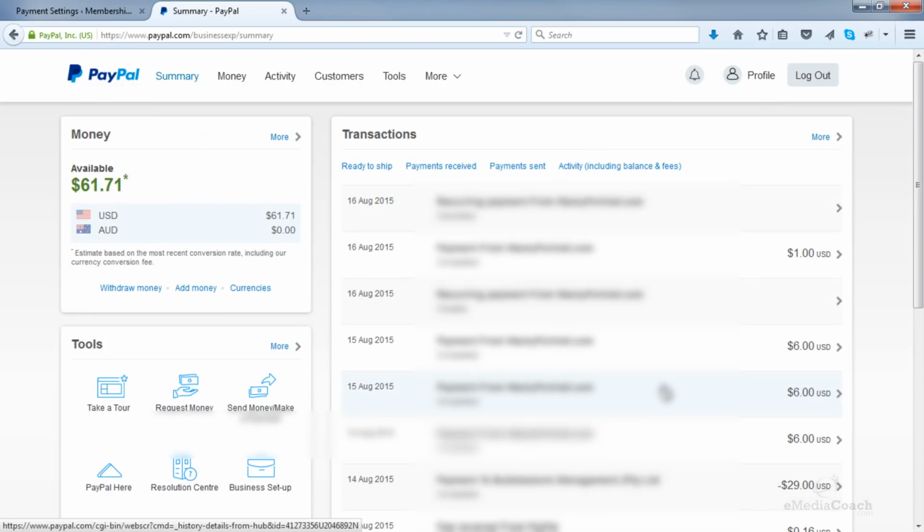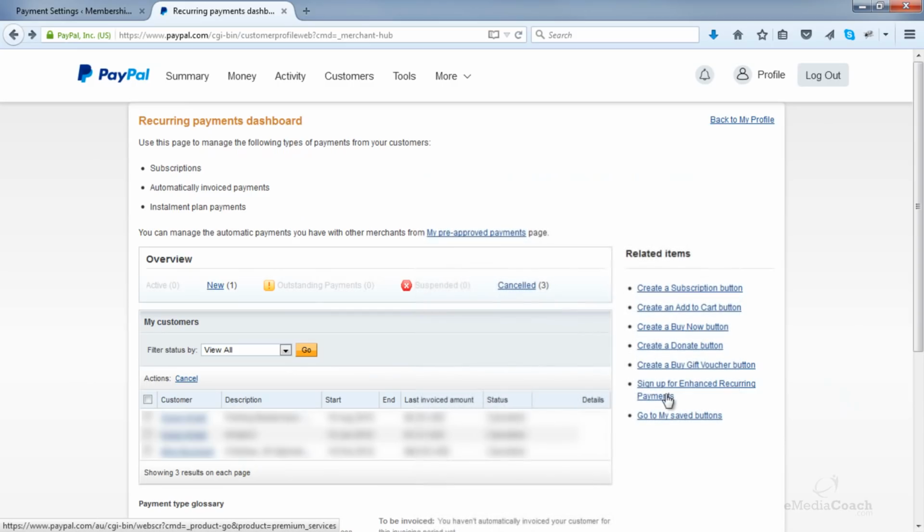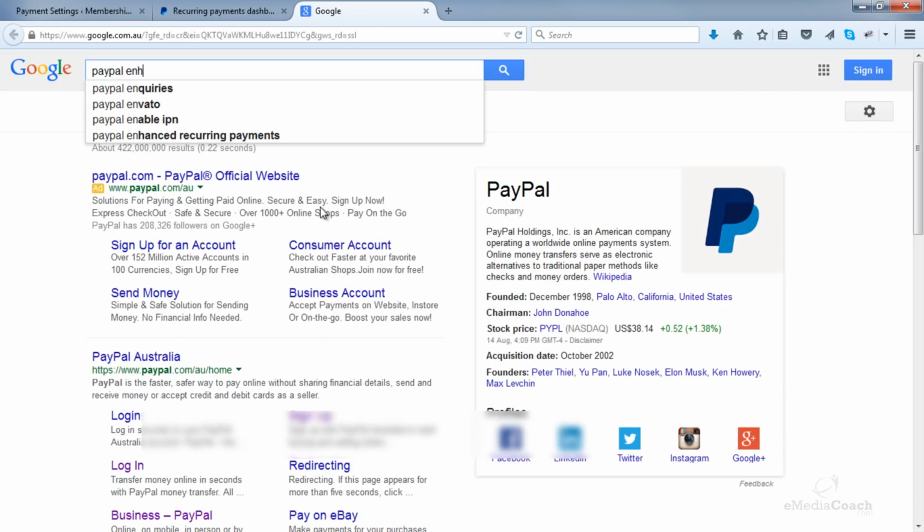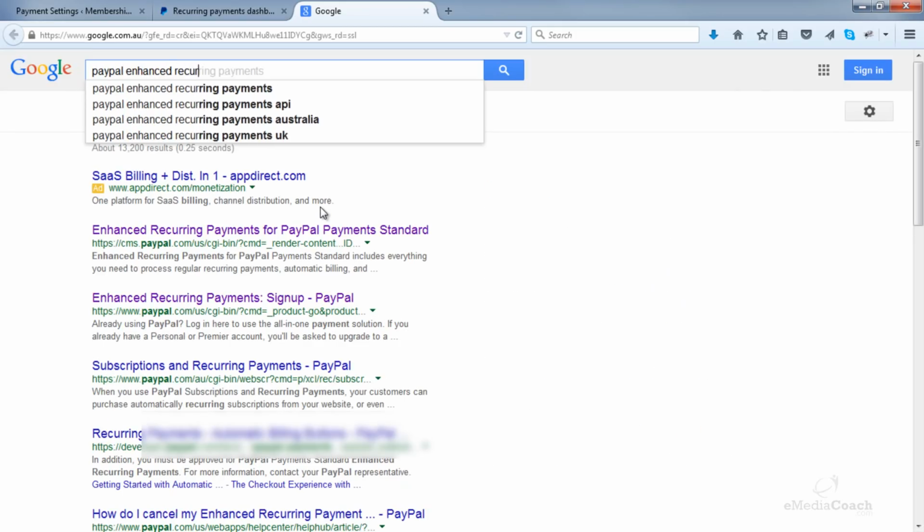See, it just redirects me to my dashboard, and it shouldn't do that. One way I found around this issue, it's an issue with PayPal: while you're logged in, open up a new browser tab and search in Google for PayPal enhanced recurring payments.